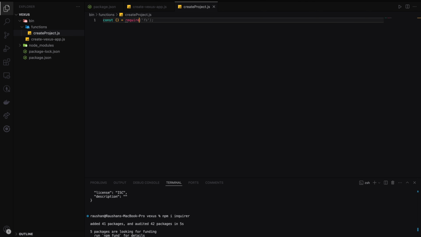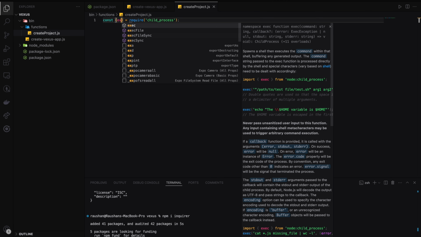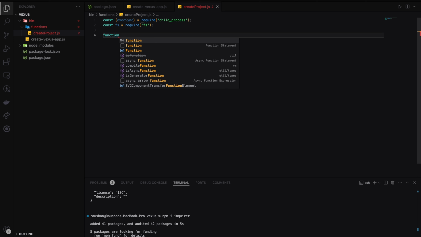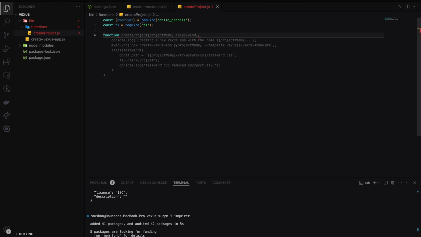Require, import something from the child process. This is the child process, and we need to execute system. This one, execSync, and then also import the fs from require fs. Yes, and then create a function. This is the function called